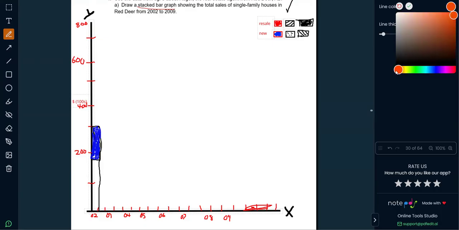And then I've gone and said that my other ones are red. My resale ones here are red based on my legend up there. So you literally add them on top of each other. So try this for the other ones. I'll speak about 2003, but then I'll just go straight to the answer here afterwards. So 2003,